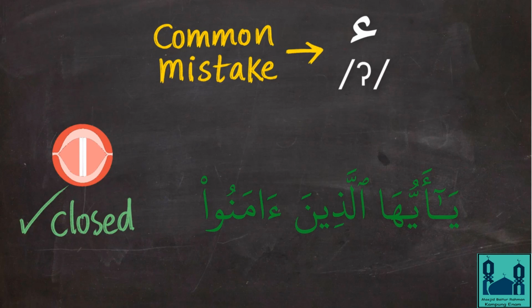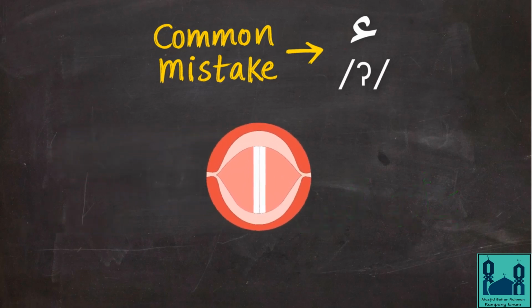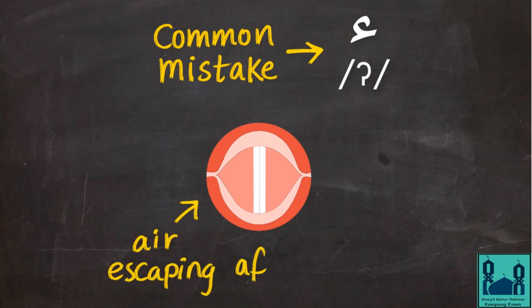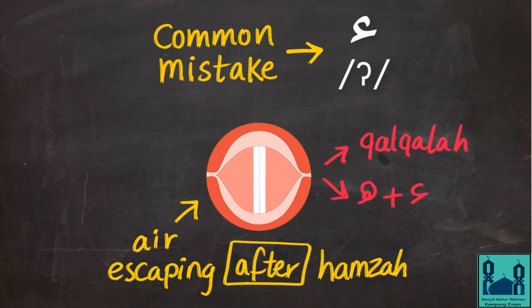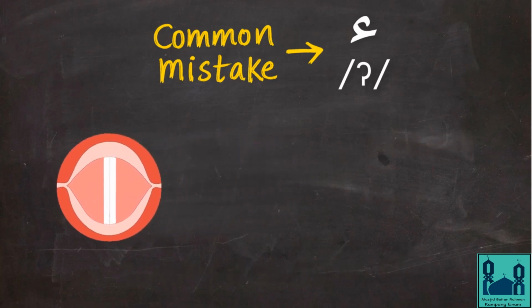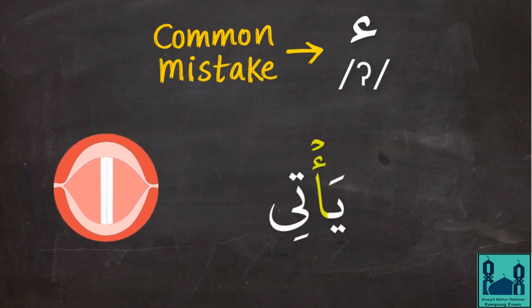آمنوا. The second mistake is letting a small gush of air escape through the vocal cords, and this causes the hamza to have some sort of a qalqala or a slight ha sound following the hamza directly. Like so. يأتي يأتي